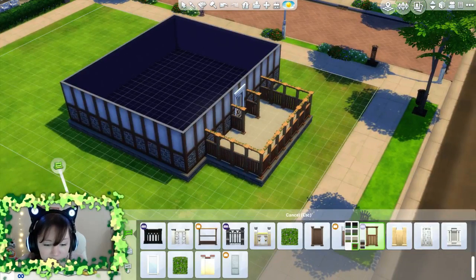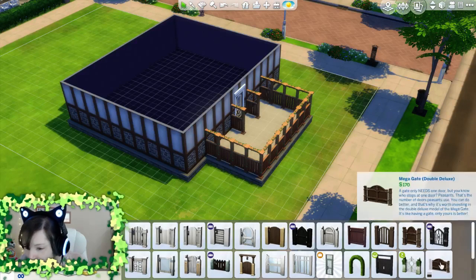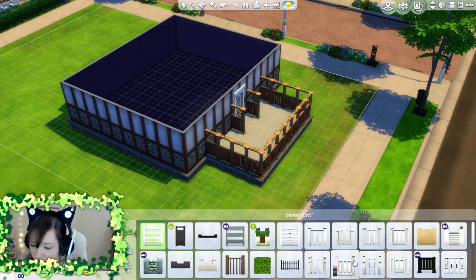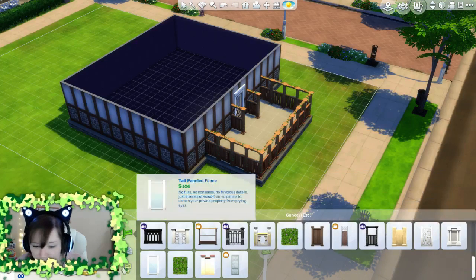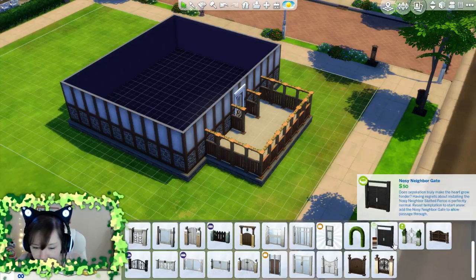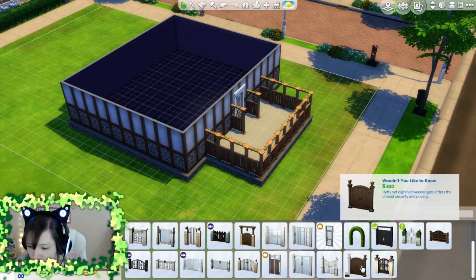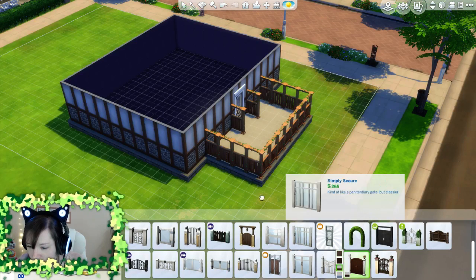Find a nice gate to go with it. Which was the one that we used? We used one from that expansion. So the matching gate will have that same icon on it. Sort of wondering which one it is though. Maybe we can just...